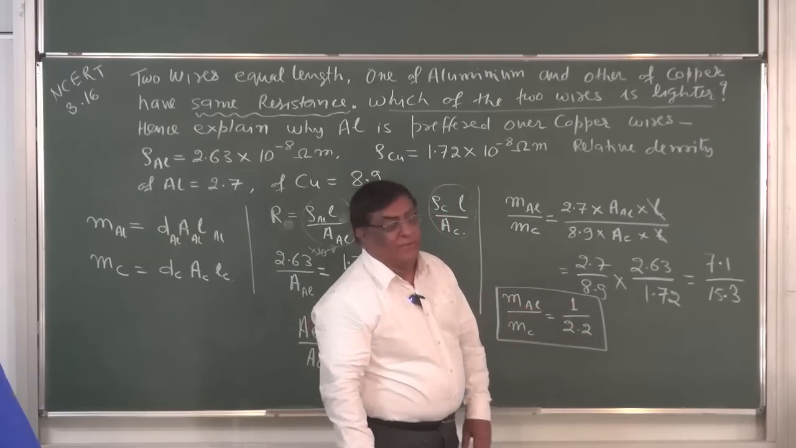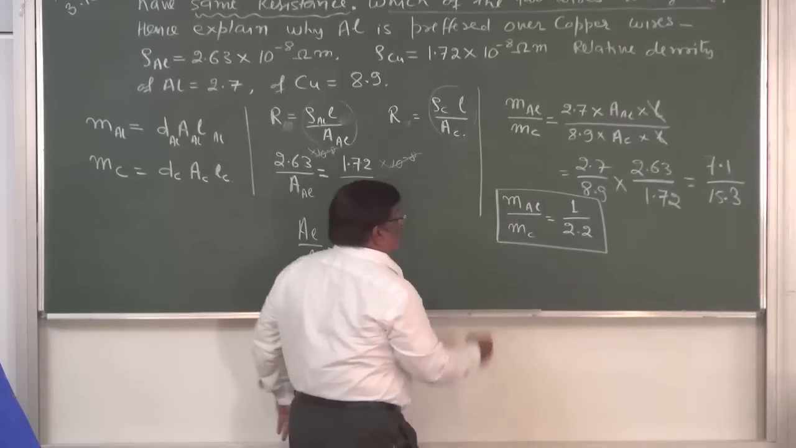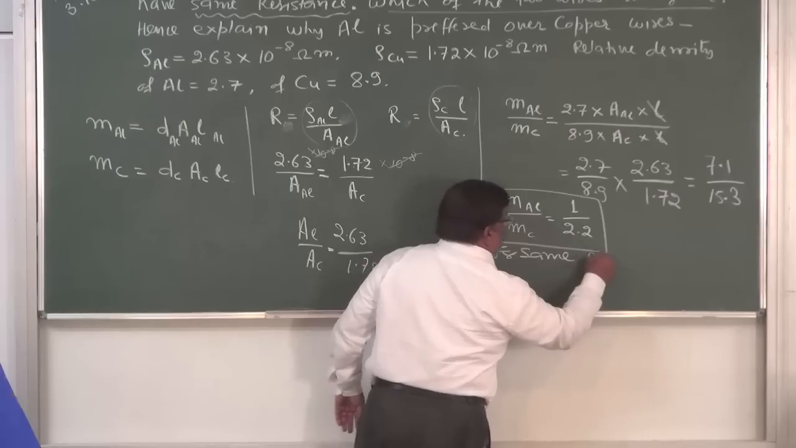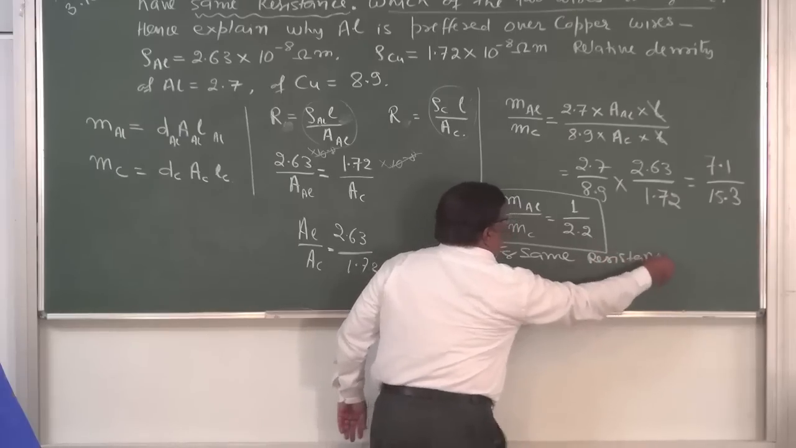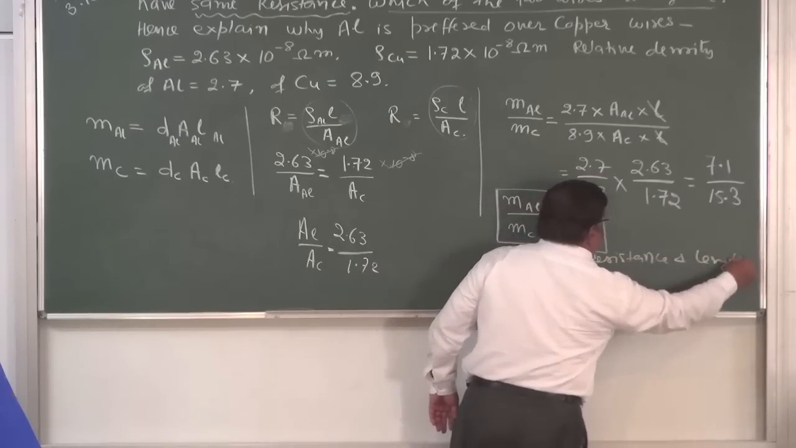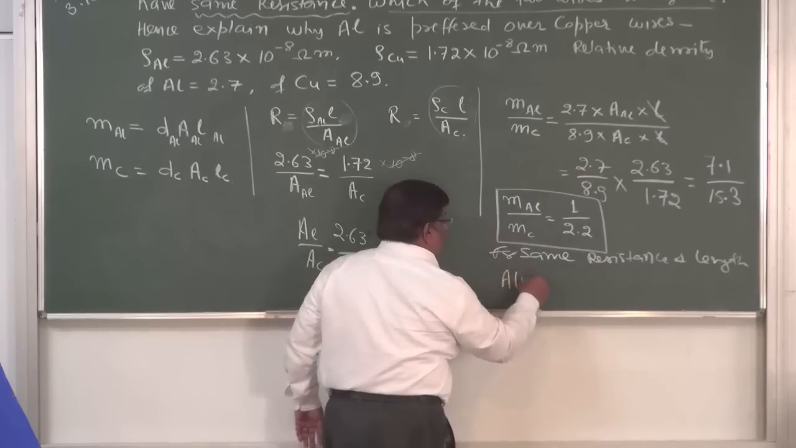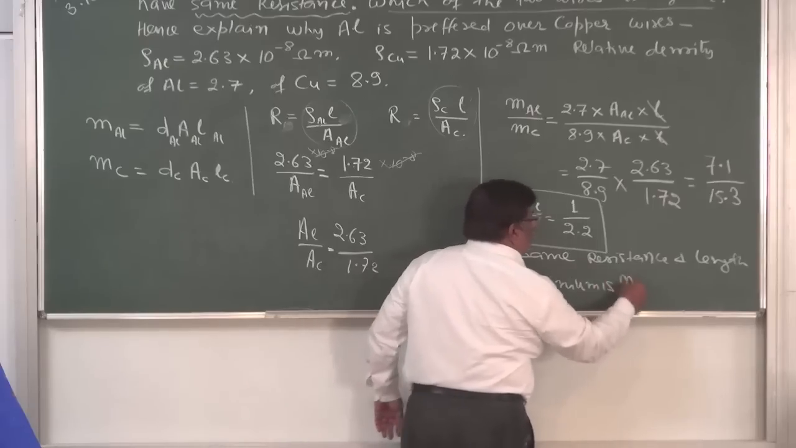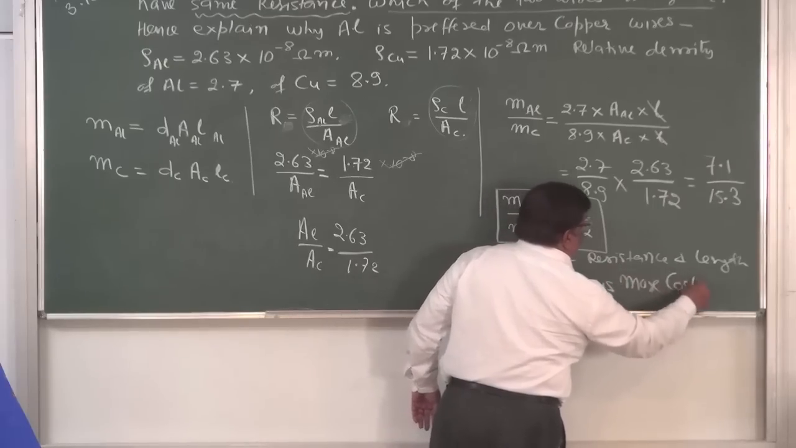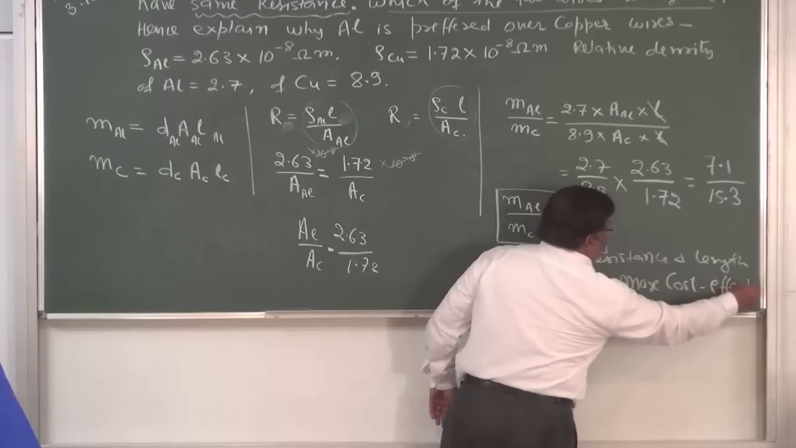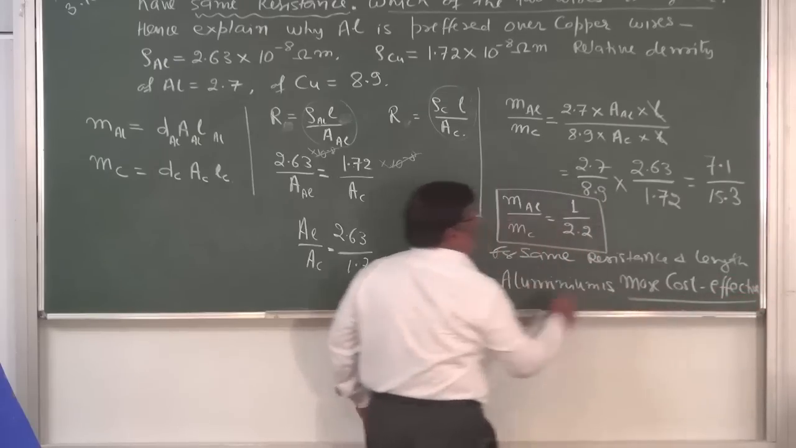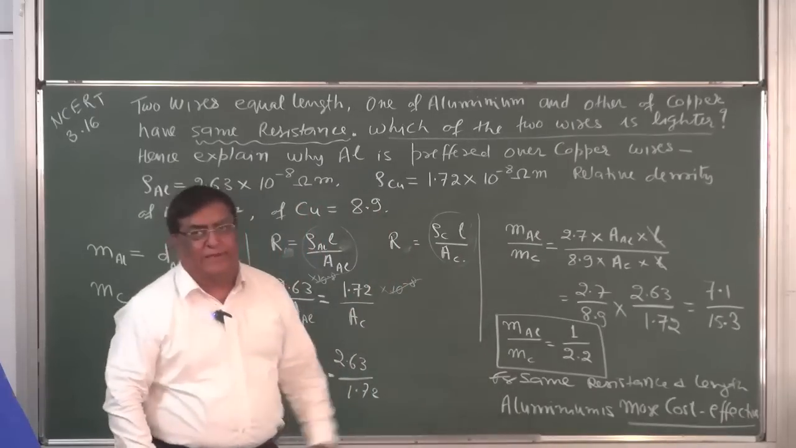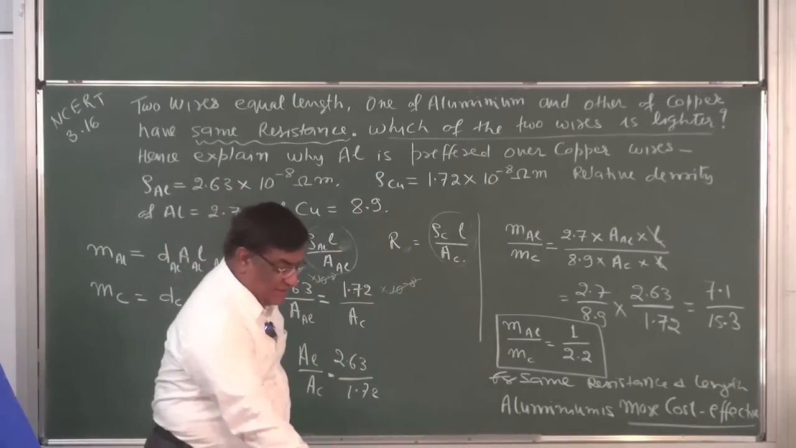And copper is very costly compared to aluminium. So aluminium, for the same resistance and length, aluminium is more cost effective. More cost effective. So that's why we will use aluminium. तो इसको याद कर लीजिए, देख लीजिए, and now